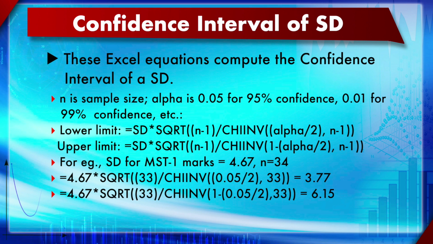You see, the standard deviation itself is an estimate, right, plus minus some value. So, it is actually an error bar, the standard deviation. Each error bar will have a positive and negative value. Now, the positive end of the error bar will again contain another error, and the negative will have another error. So, it is very interesting that the confidence interval of the standard deviation can be computed by the formula, and the formula, as you can see, depends upon